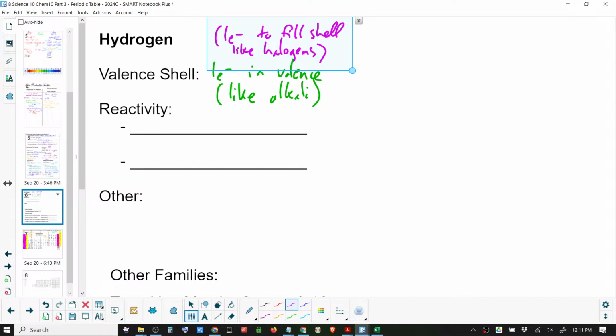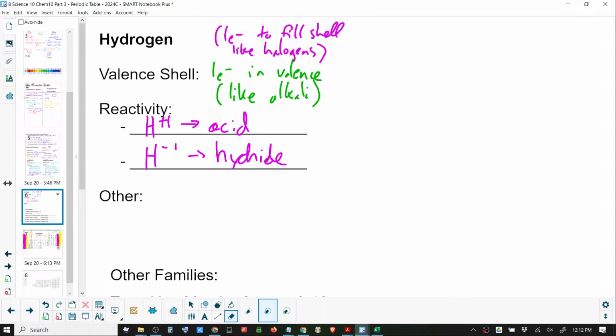You'll actually see periodic tables that put it hovering above either the halogens or the alkali metals or both. What kind of ions does it form? Plus one and minus one. So we can get hydrogen plus one, which is acid, or we can get hydrogen minus one. We call that the hydride ion. It's a little bit more uncommon, but it does occur often enough. And so hydrogen is like the saddest person to walk into a restaurant, you know? Party of one.